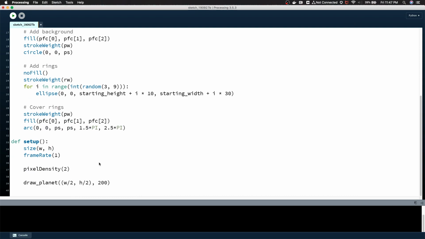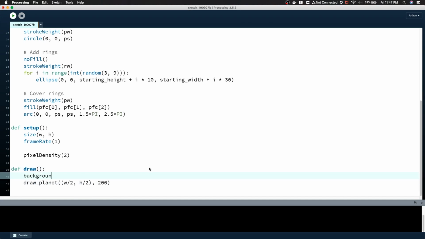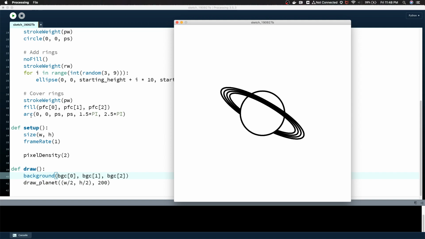Now if you want to see this on an endless loop, we can just put draw planet inside of a draw function. And then we also want to make sure we're drawing the background every time. So background color. Now if I run this,